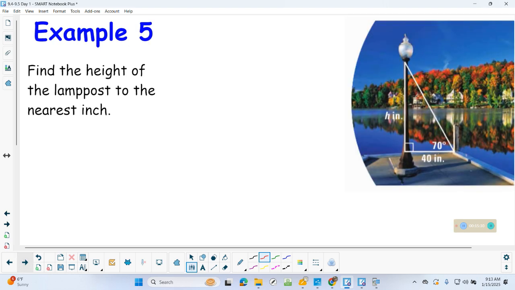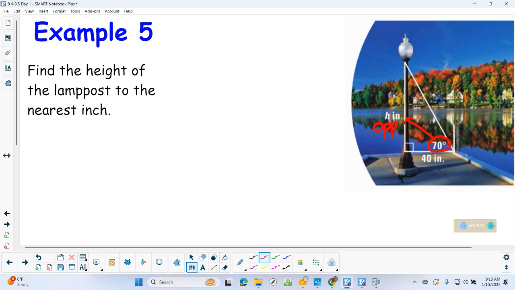Okay, find the height of the lamppost to the nearest inch. Hopefully you can kind of see that white triangle over here. Now, kind of the same thing. We have 70, not a special triangle. I first have to figure out from the given sides if I'm doing sine, cos, or tan. So let's label our sides. Well, the height is the opposite side,